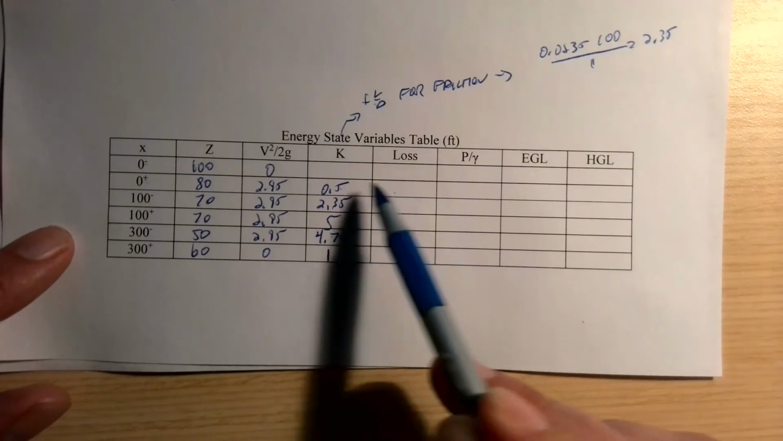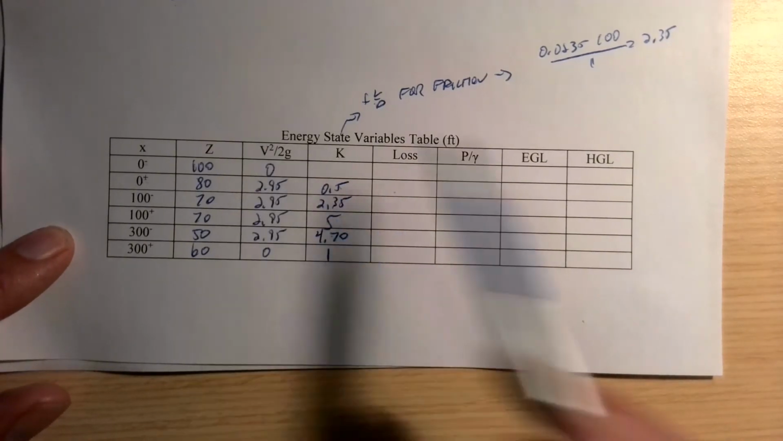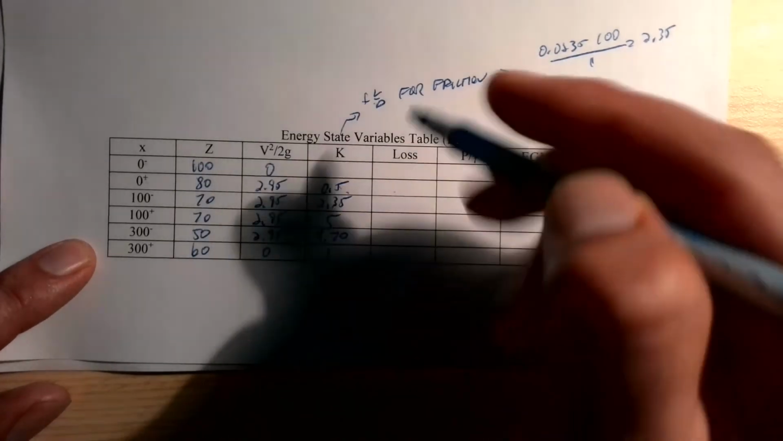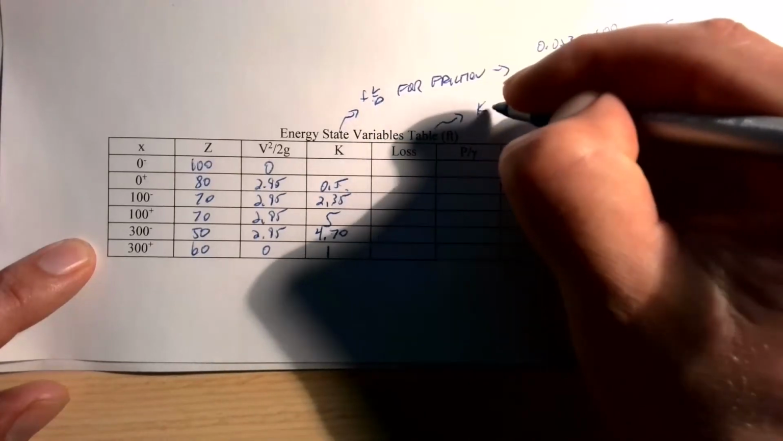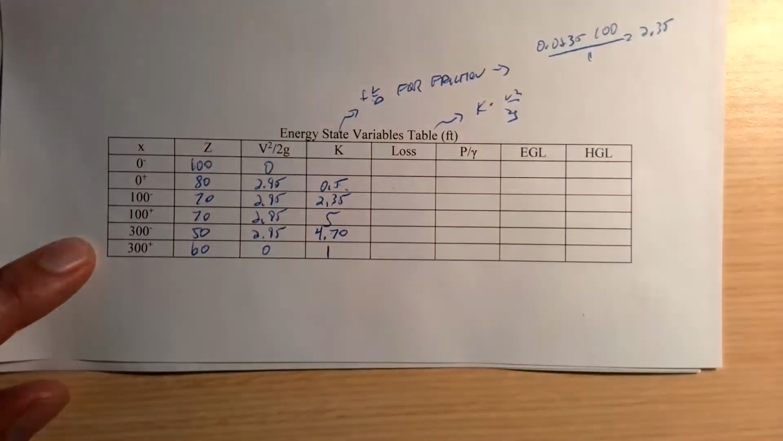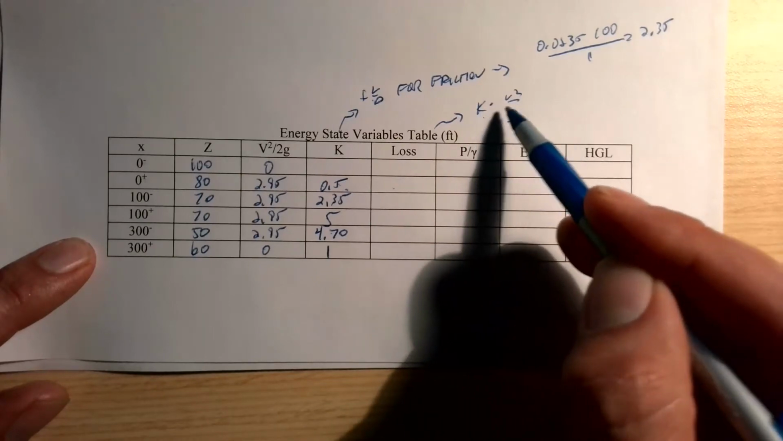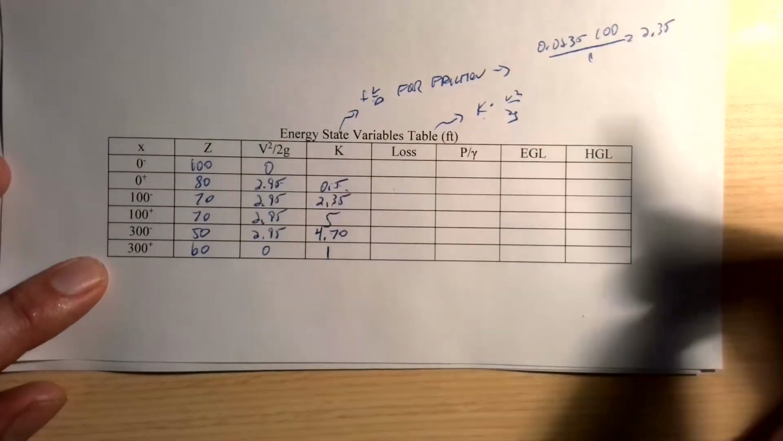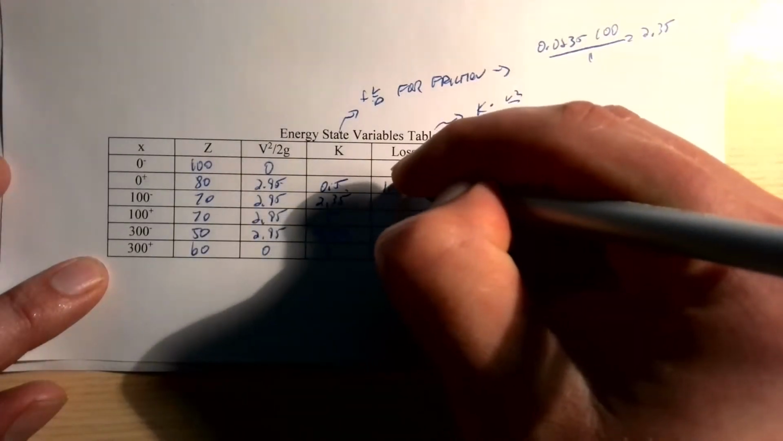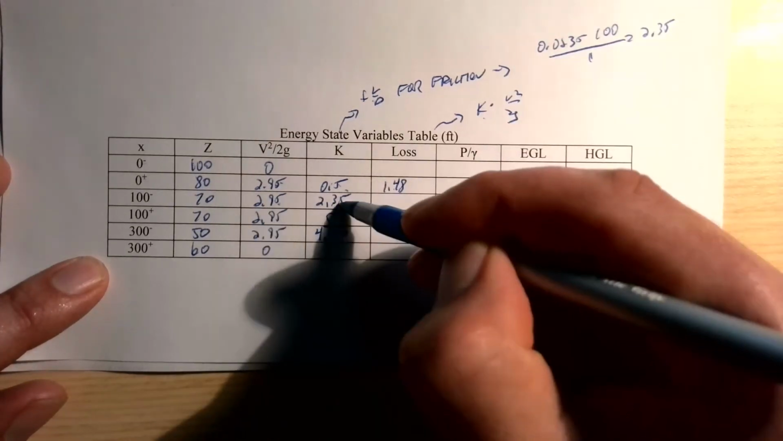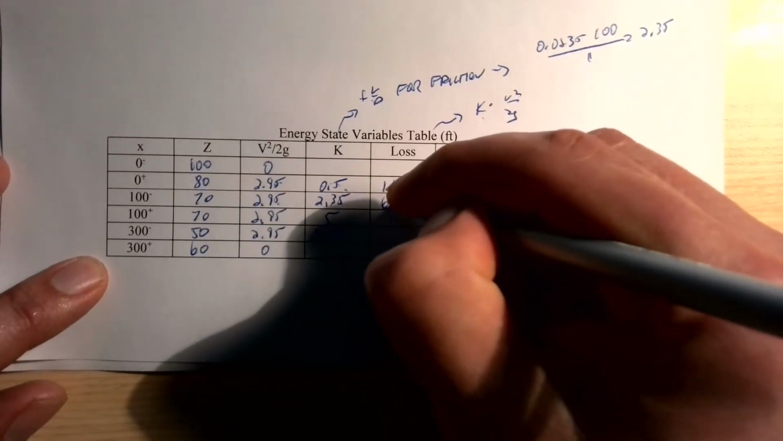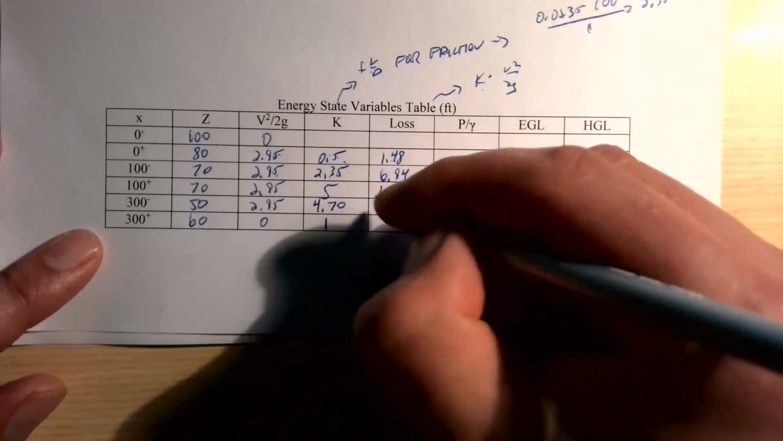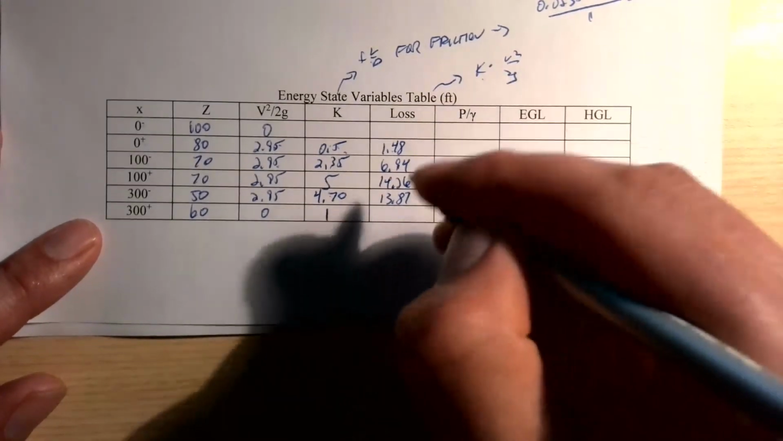Now to get my loss, I need to multiply the K factor by the energy head at that point. So I'm going to multiply this times that. So loss is K times V squared over 2g, whether the K is a minor loss or an fL over D for a friction loss. And so that times that is 1.48, and then that times that is 6.94, 14.26, 13.87, and then